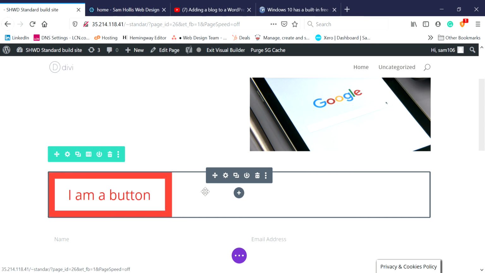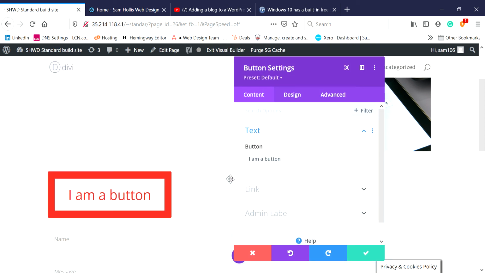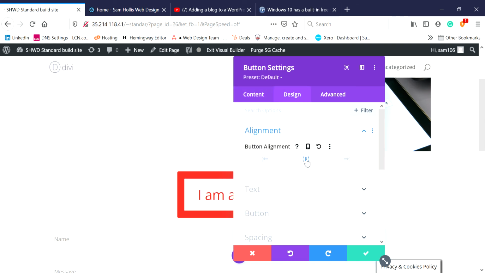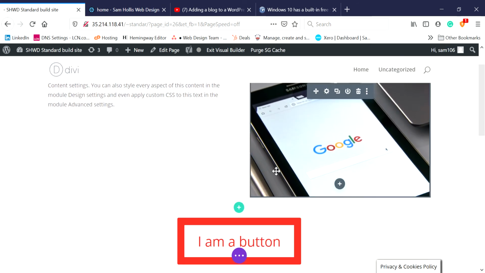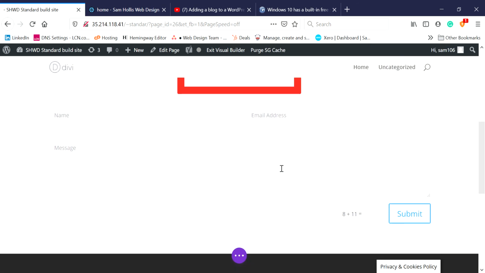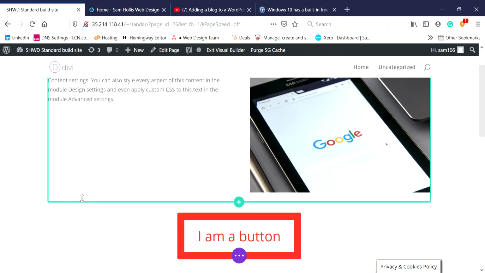So if I hover over it, the cog gives me all the options. So the content is first, and then if I click on design, I've got alignment as an option. So I can align it to the middle. Now suddenly I've got something that's a lot nicer structured using the rows, and the rows can be broken down